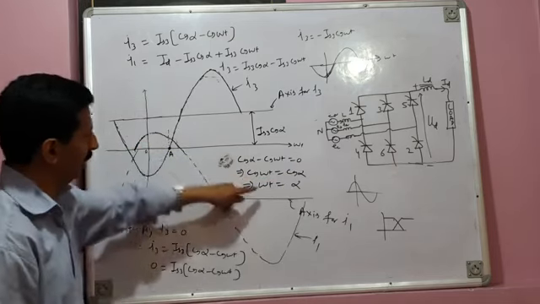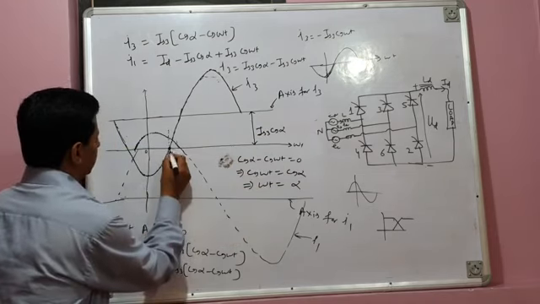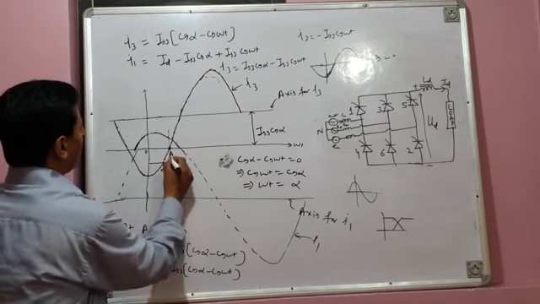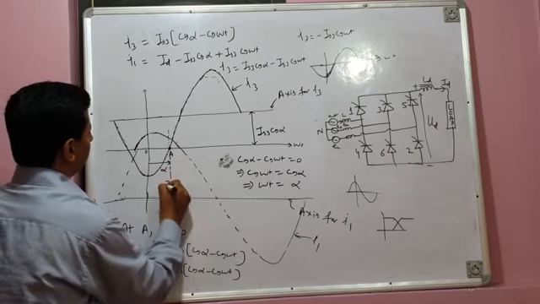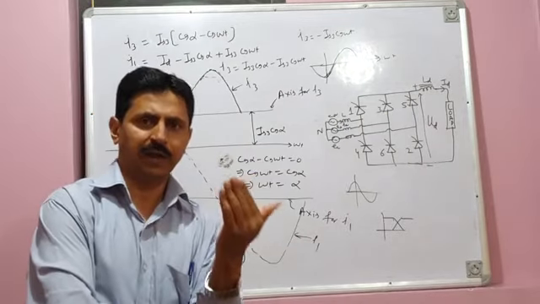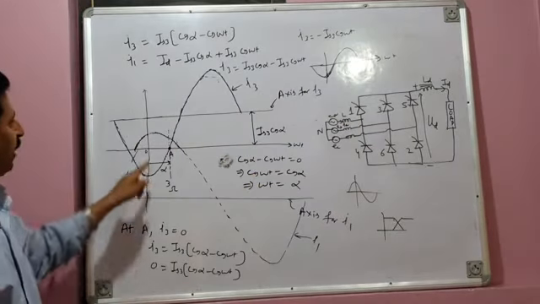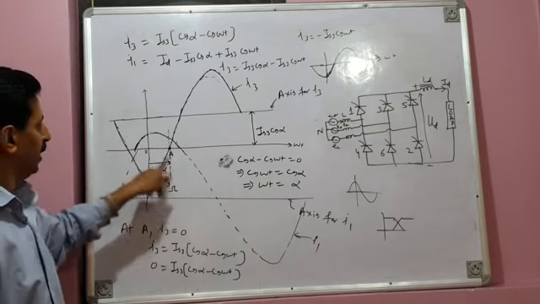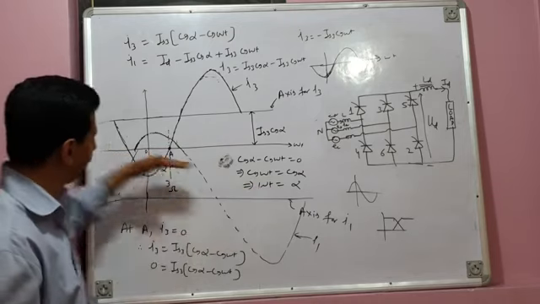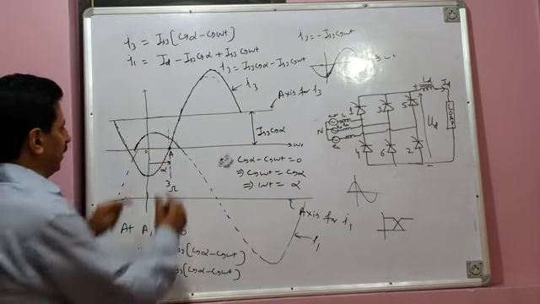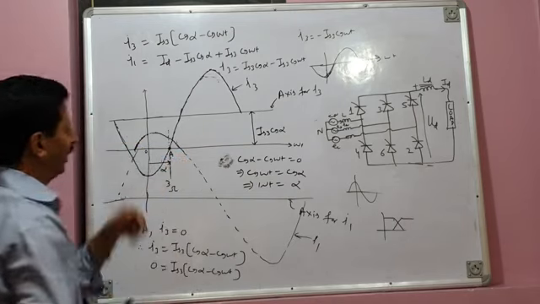So that means at A, what is omega t? Omega t is equal to alpha. That means this angle is alpha. Alpha means value 3 is fired here. We already know value 3 is fired after a delay of alpha electrical degrees. And mathematically we have proven that A is the point where value 3 is fired, because at A, omega t is equal to alpha. So I have shown alpha. And since this is alpha delay angle, so 3 is fired here.